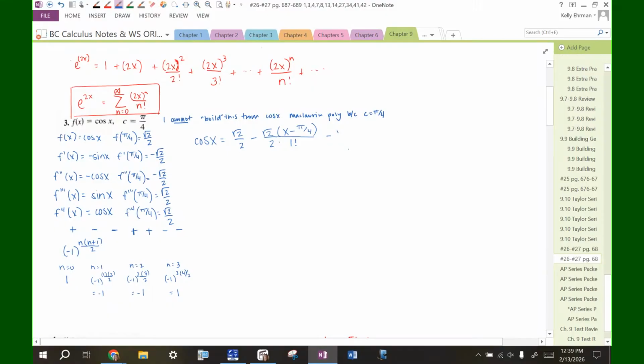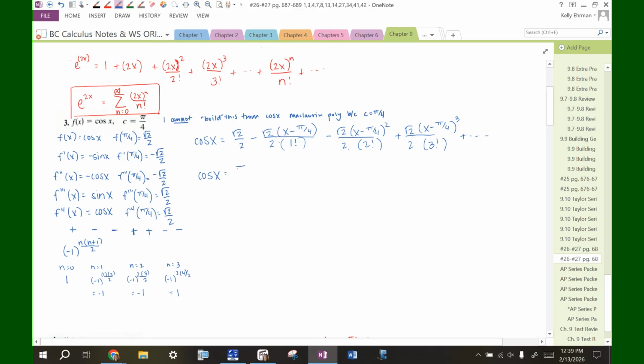And then it's minus radical 2 over 2. This will be x minus pi over 4 squared. And then there's a 2 factorial here. And then it'll be plus. I'll just do one more term. Again, this problem is not telling us we have to expand out terms, so I'm just doing as many as I need to get a good idea of the pattern here, but I think I have enough that I can